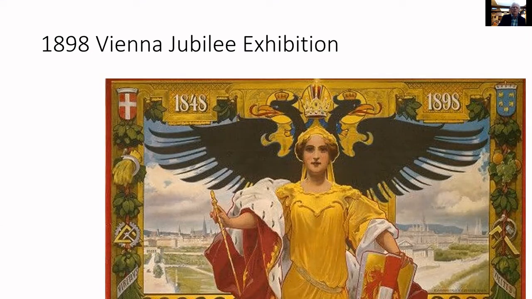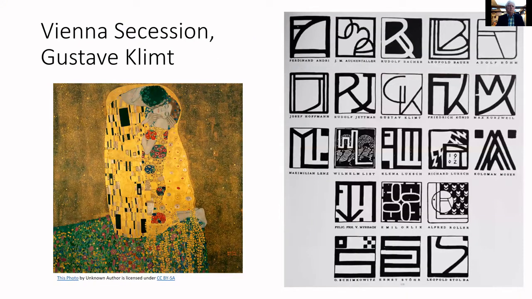He travels back and forth to Europe a number of times, sees various exhibitions in Vienna, Germany, Paris, and goes to shows of modern, really modern art. This is Gustav Klimt on the left, The Kiss, a terrific piece of Vienna Secessionist work. On the right is a whole bunch of typefaces designed by various Viennese artists. And there's a whole bunch of new things happening in Europe. And this is really exciting for Alfred, because he's just as connected with Germany and with European art as he is with American art at the time, perhaps more so.